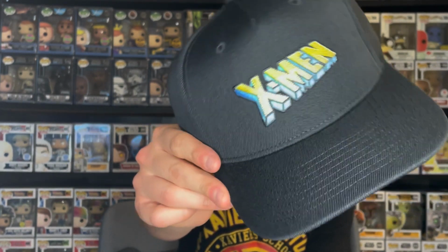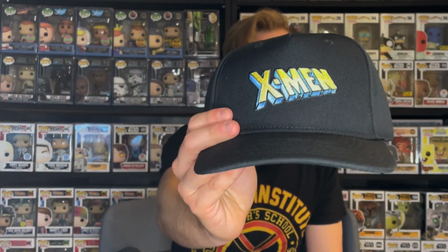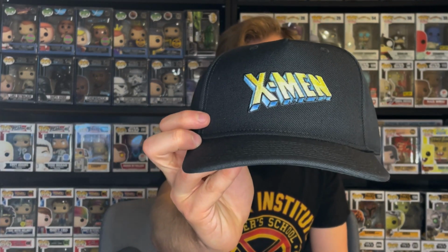They're really awesome. And then on the back of the hat, it does show the Kith logo too. I really like this one, especially with that logo. You don't see that logo a ton on different merchandise. And then they also had some really awesome t-shirts, and one of the ones that we picked up for our